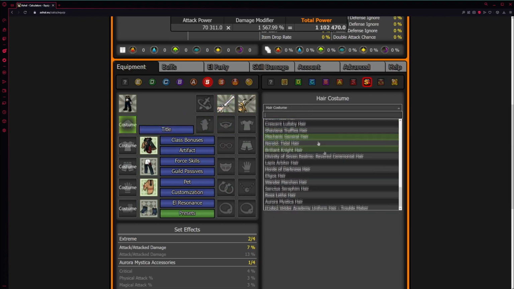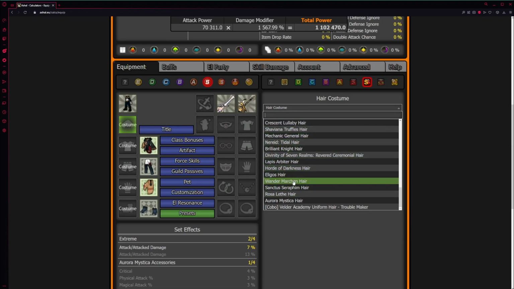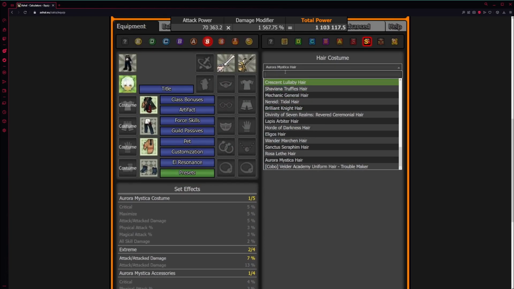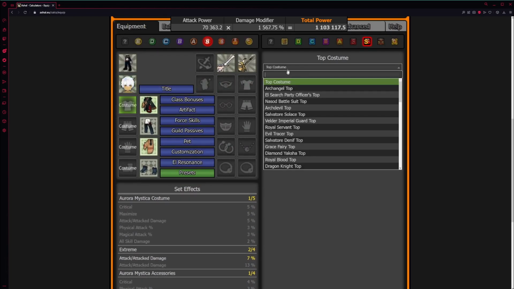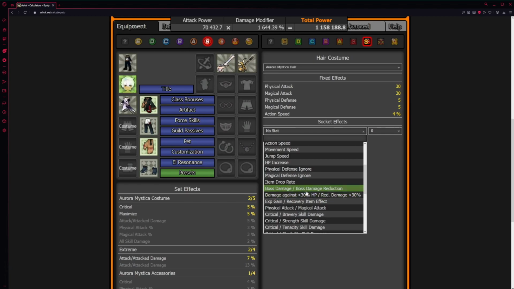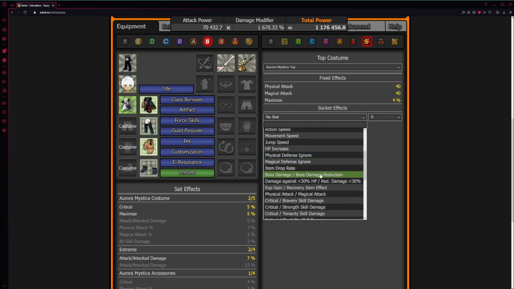And these are in order of the releases. So you see that we have Eligos followed by Wander Markin, Sanctus, Rosa, Mystica, and then next will be Agent Nos, and then I believe it's Apostolos next, unless I'm skipping one. I might be skipping one. So again, on these I try to keep things simple, so we'll just do boss damage once again.